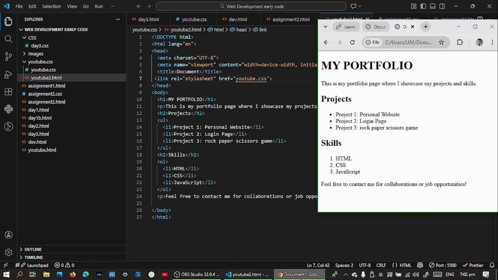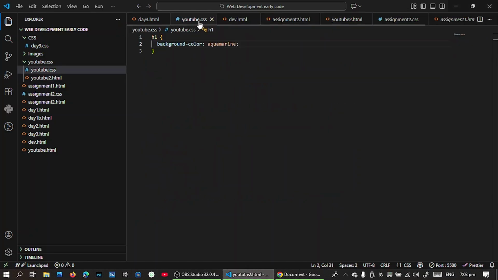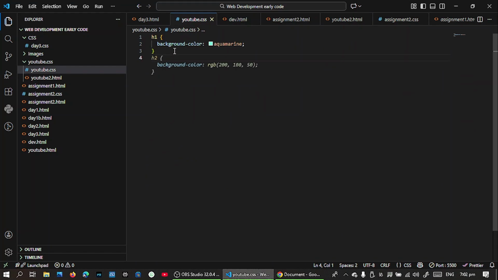Now if I come back here to the browser and I refresh, see, it links automatically and it just appears on the portfolio. So that's the same method you use when you want to add the other colors, but once you have linked it once and for all, you don't need to do this again. You don't need to think about it. So I can always come back to the YouTube CSS, and then just enter a new line and just type, let's say,